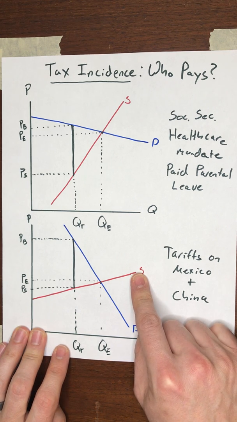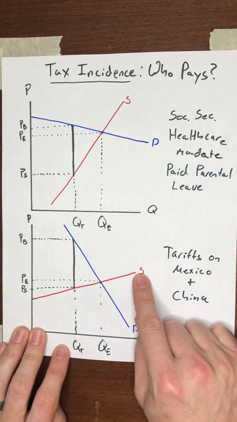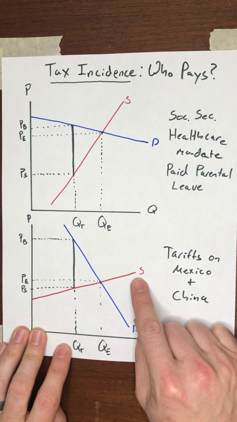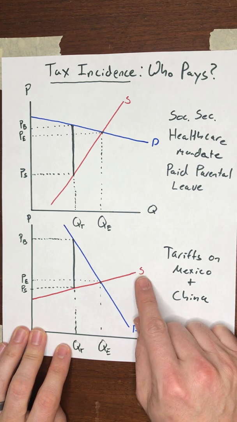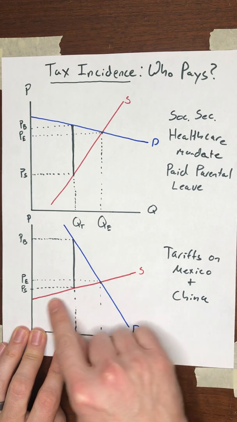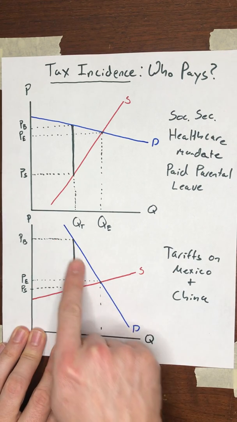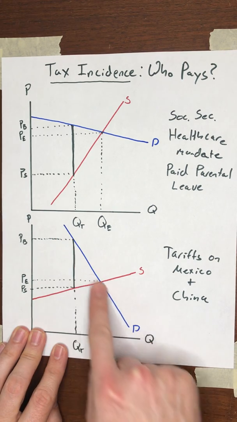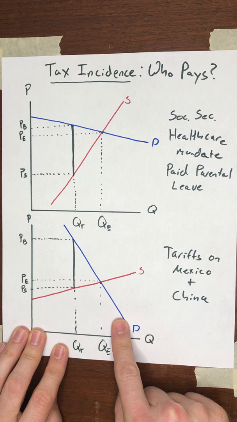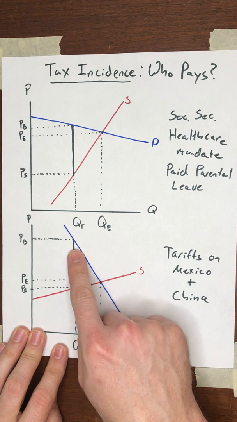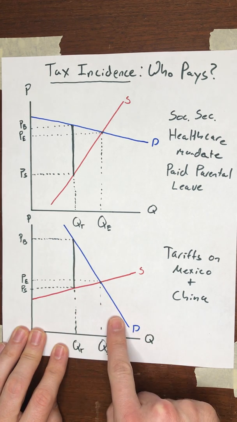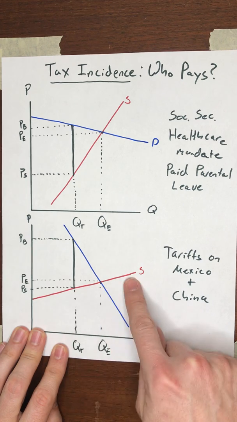The United States is a large market, but it's not the only place they could sell their goods, right? They can also export to the European Union. They can export their goods to Canada. They can export their goods to Australia, to South America. There's lots of places where these countries can send their goods instead. And apparently, American consumers are less eager to change their behavior, okay, as the prices go up. So they have more inelastic demand for those goods than the sellers have